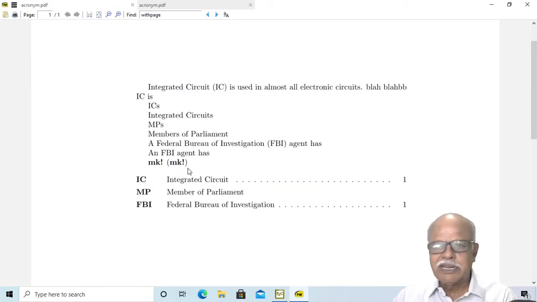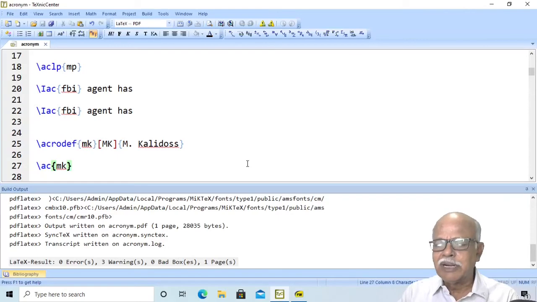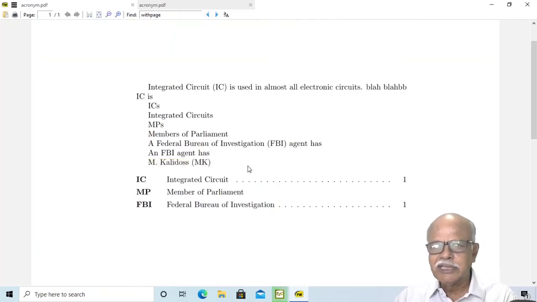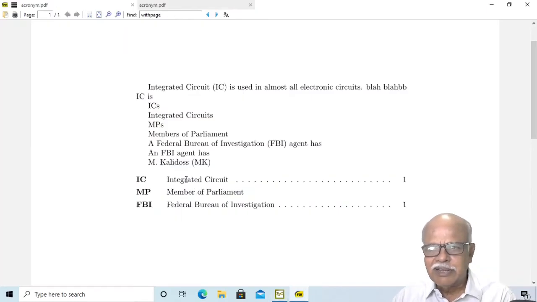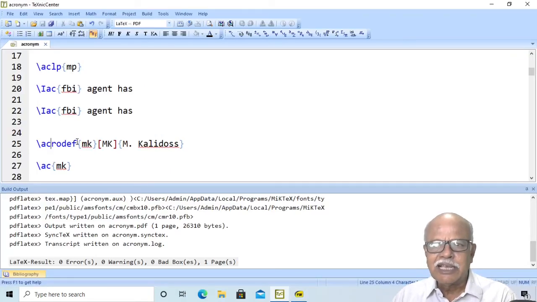In the first run, there may be garbage in the output, doesn't matter, compile it once again, this will be alright. Remember, when you use acrodef, it is not given in the list. In such cases, acrodef is useful.